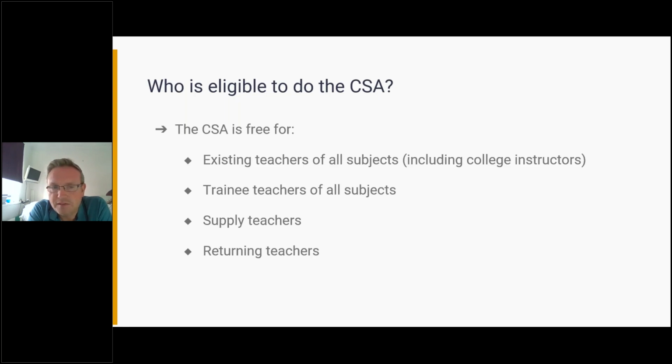This includes teachers from all subjects, and this includes college instructors as well. One of the things that we recognise is that teachers may want this as a second subject. They may want to support the teaching of computing in their school as a second subject. So teachers from any subject are now eligible. Trainee teachers of all subjects, whatever route they're taking into the profession, are eligible to do the programme. Supply teachers and returning teachers.